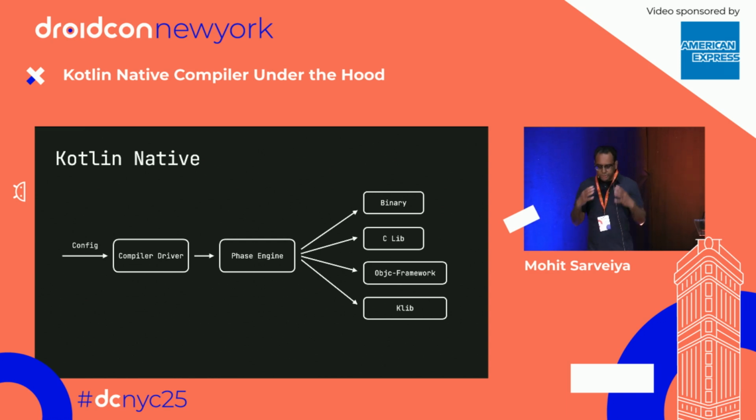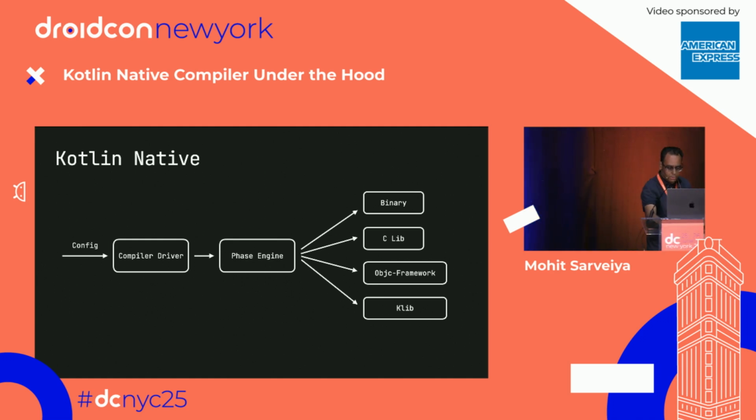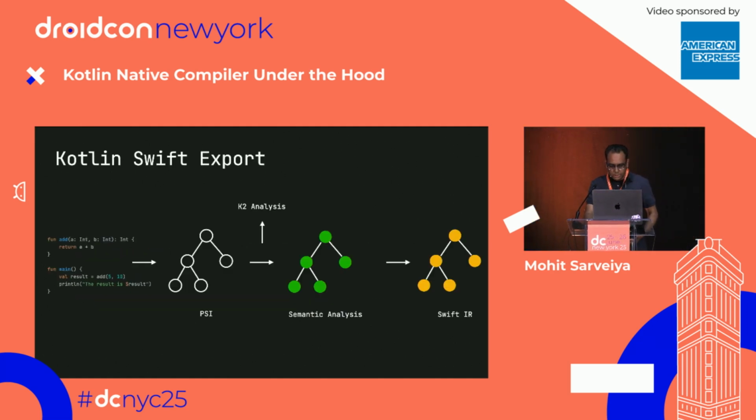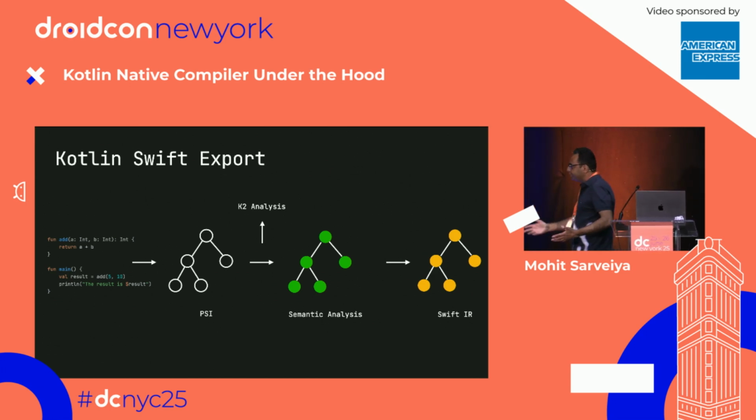The reason it's architected this way is that it's easier to understand, gives you a good mental model of things, and it's easy to modify and extend. And from there, I could create a binary, a C library, an Objective-C framework, or a klib. I could also generate Kotlin Swift export. The one thing to understand is that in this process,